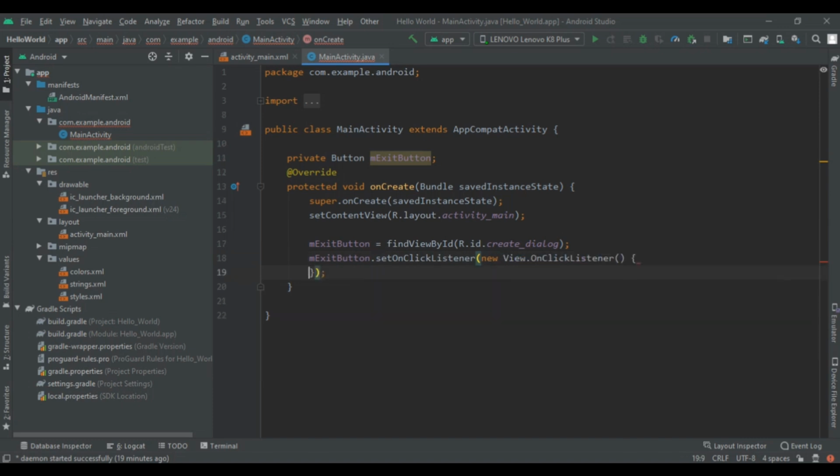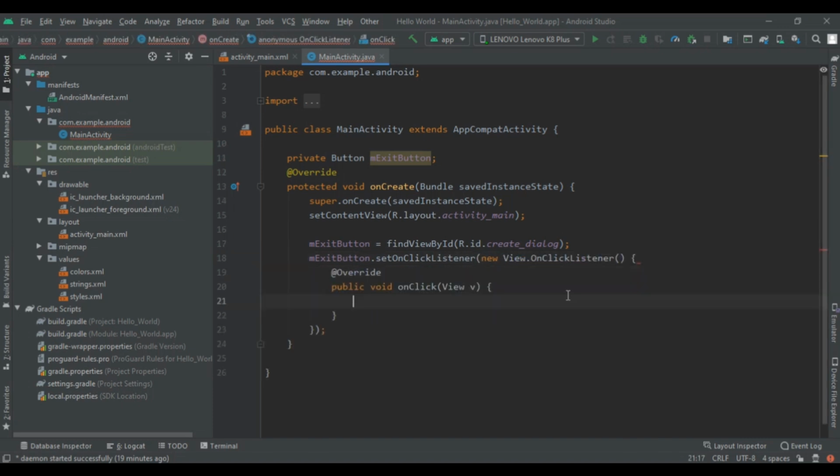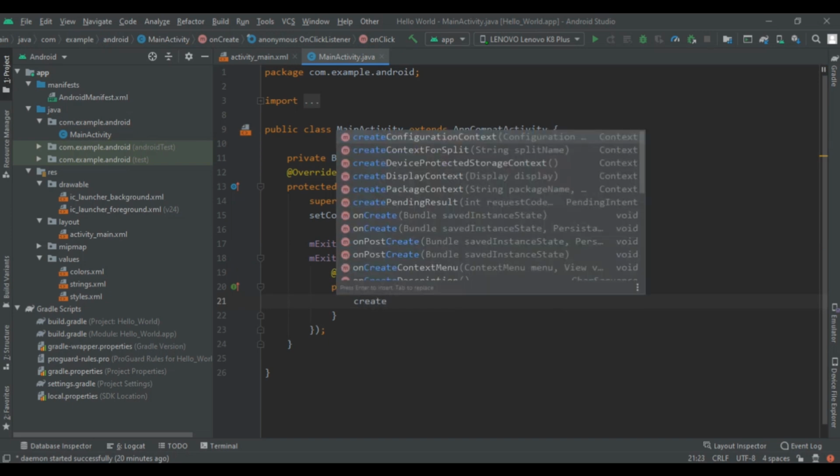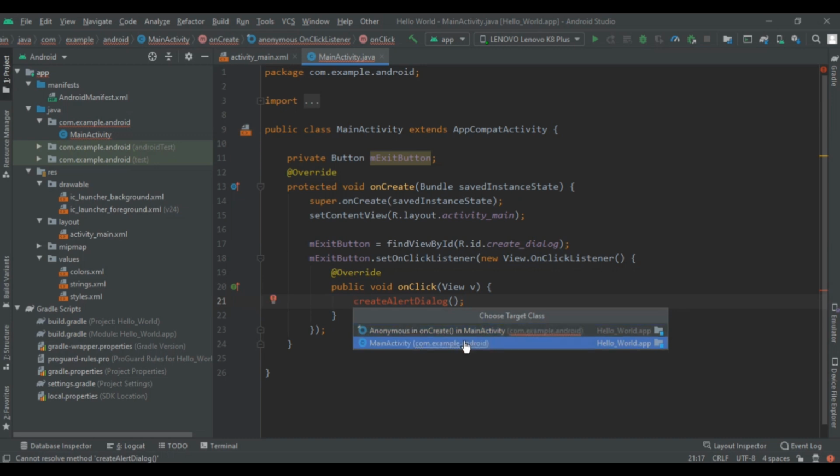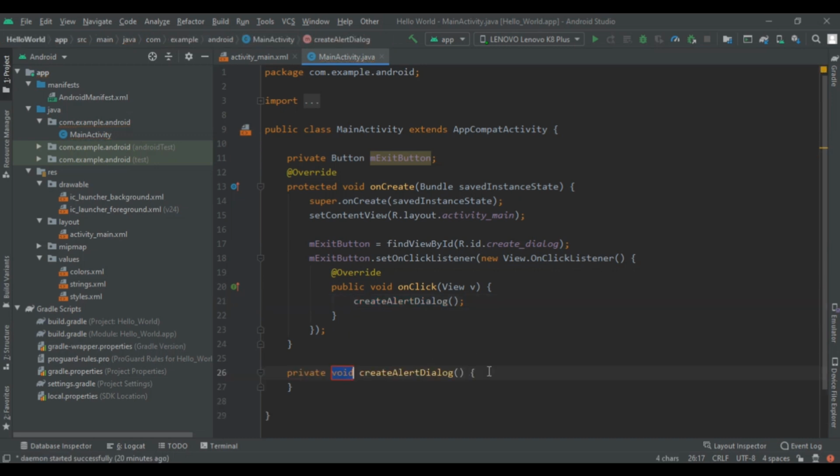And now in our onClick we are going to create one custom method that will make an alert dialog, and we are going to use this method twice, in the onBackPressed method and in the main activity. So createAlertDialog is our custom method, and it will generate an error. So click on it and create the method in MainActivity. So here our method is created.